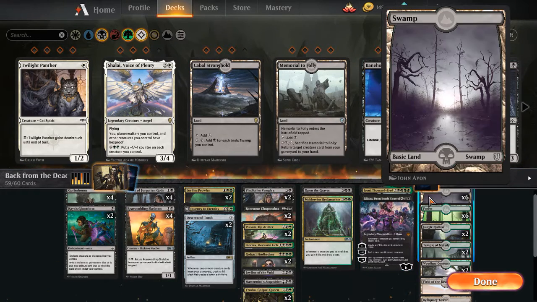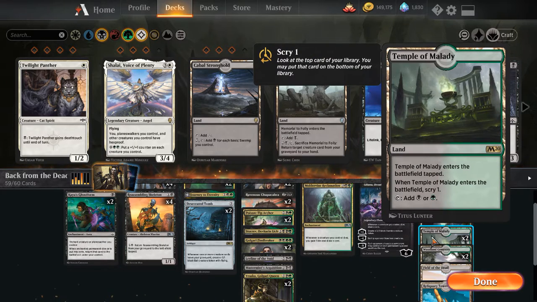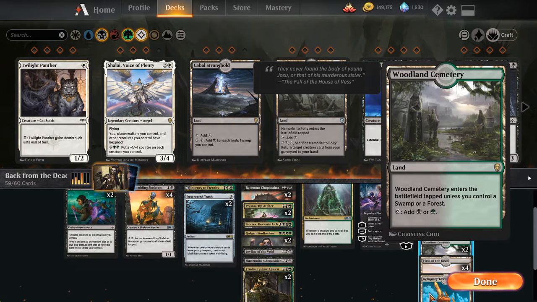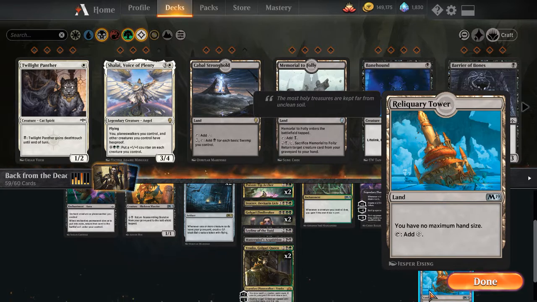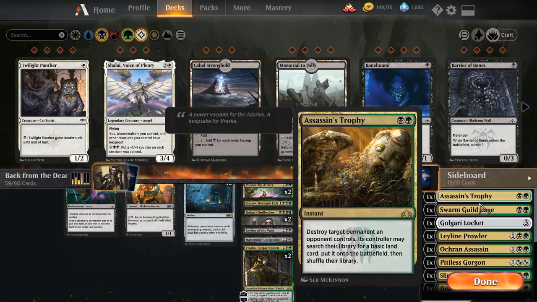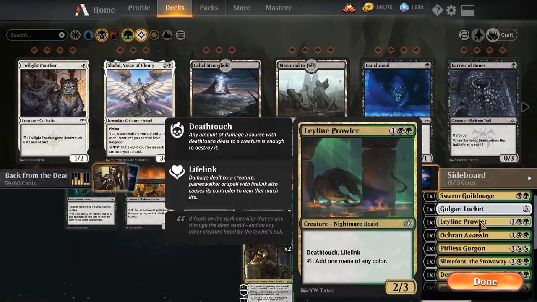The lands: 6 Swamp, 6 Forest, 2 Jungle Hollow, 2 Temple of the Malady, 2 Woodland Cemetery, 4 Field of the Dead, and 1 Watery Tower. Sideboard: Assassin's Trophy, Golgari Guildmage, Golgari Locket, Leyline Prowler,